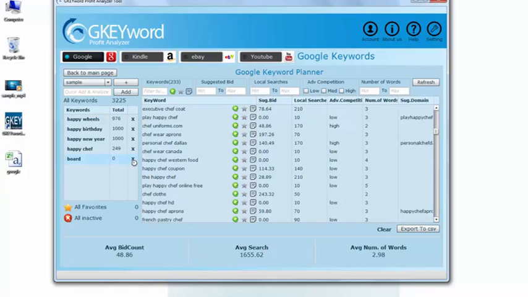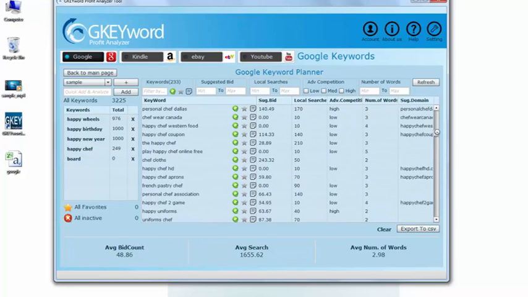Also it will search for the suggested domain, so it will take time and find out for you which domain is available and which is not. So in a single click, this software gives you lots of information and lots of features. Now it has some more features that I would like to take you through. At the bottom you will see it gives us the average of all the bid counts, the average of all the searches, the average of all the numbers that you have found in the results.